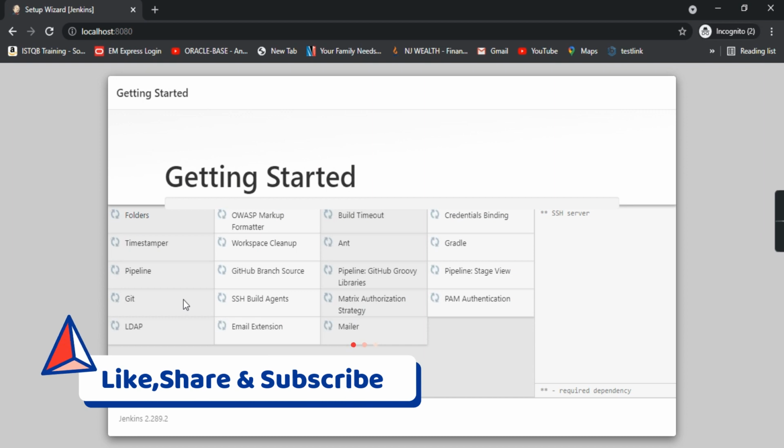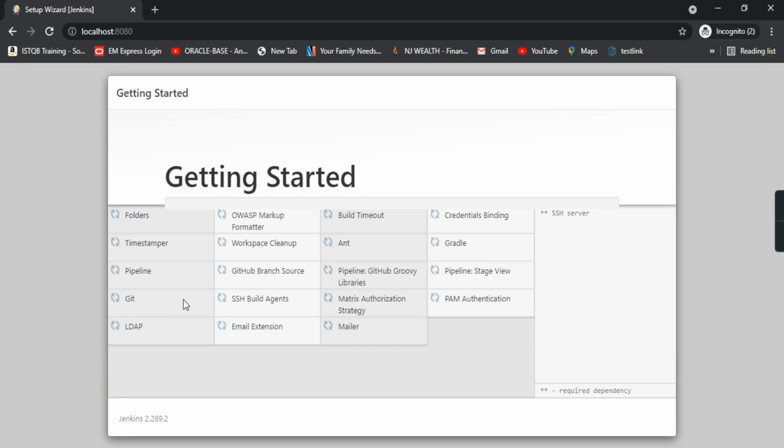Getting started: you can see all these details will be installed, and you can see the progress bar. The green tick will appear one by one as the software is installed. You can see the log out here as well. One by one, it will take some time, so let's wait for that.